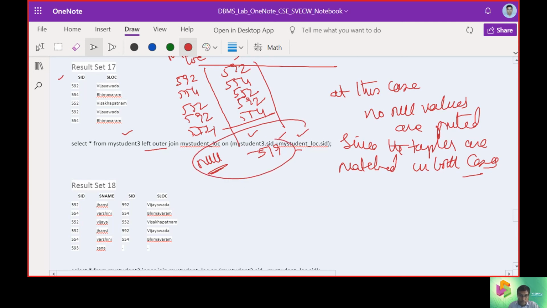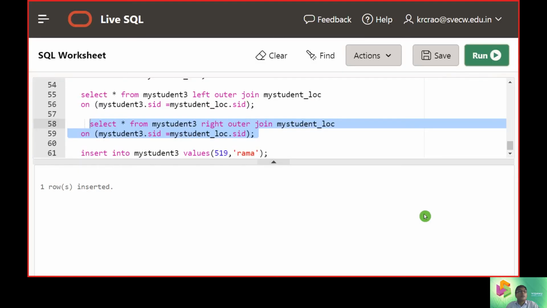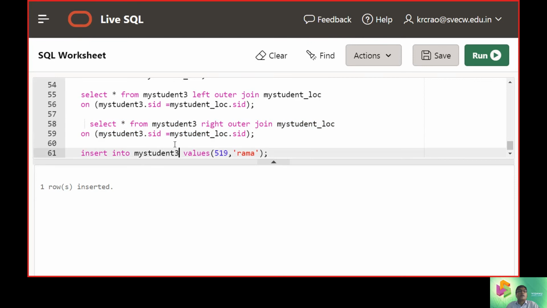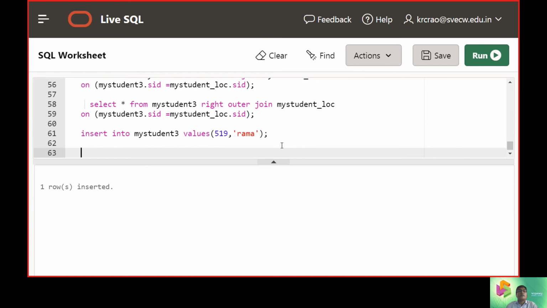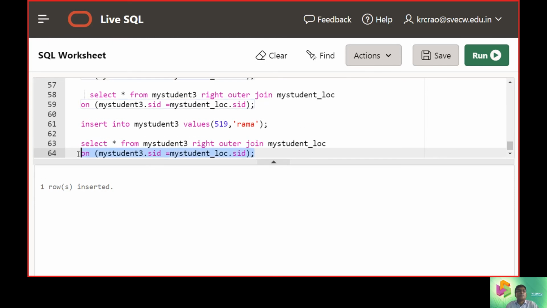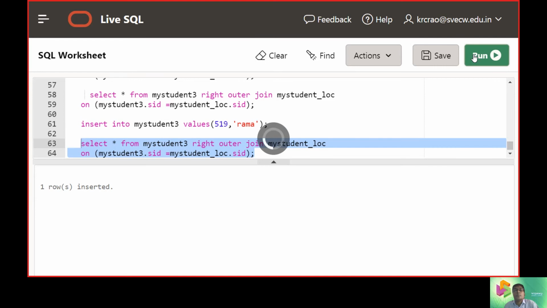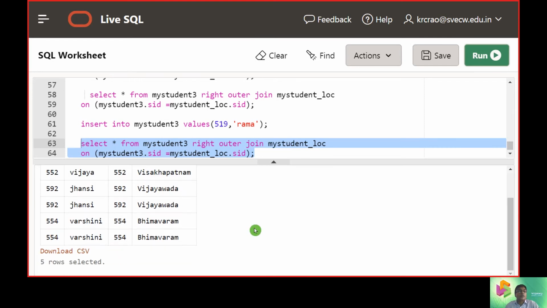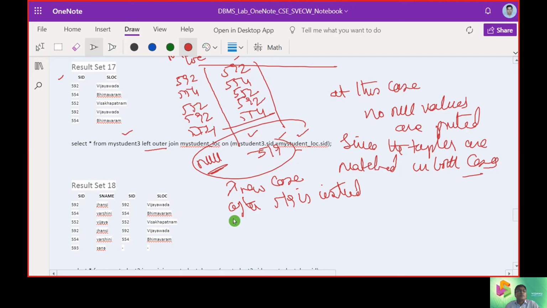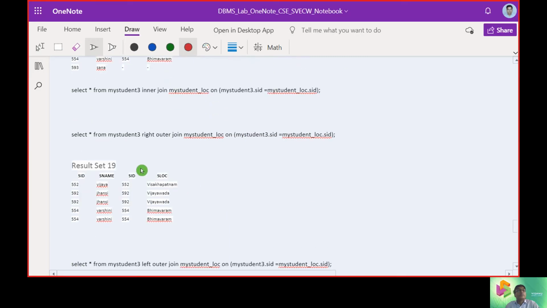So this is the new case, after 519 is inserted. Still the effect is not taken up.